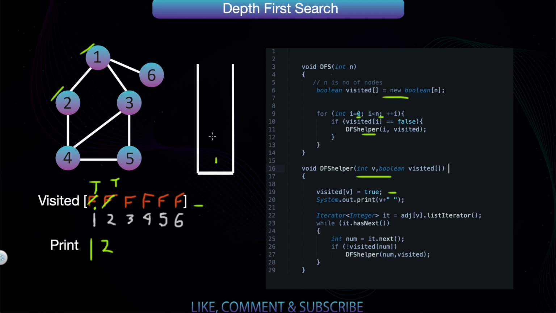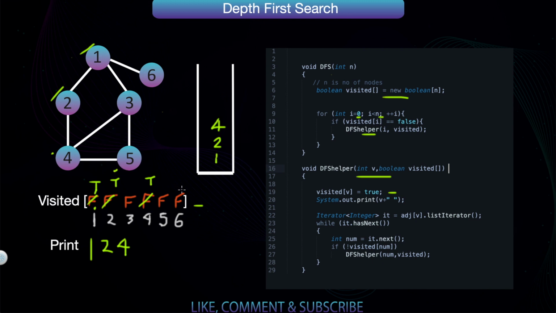Let me draw it again. So then we go to the next node, which is 4, set it as true, and we again call the function for 4.